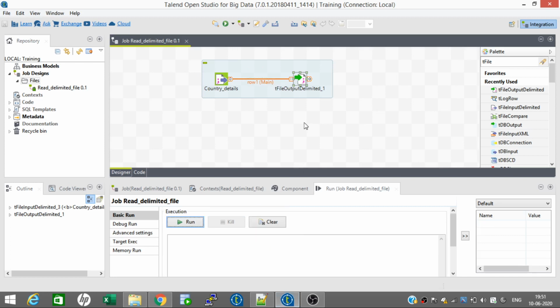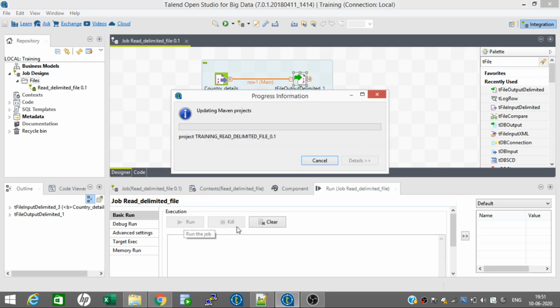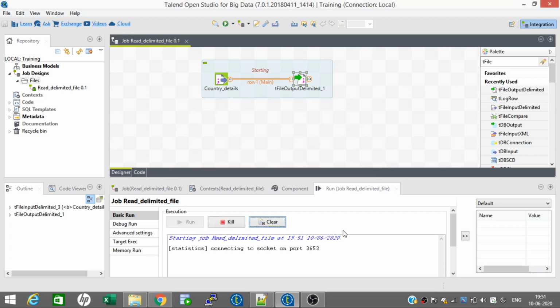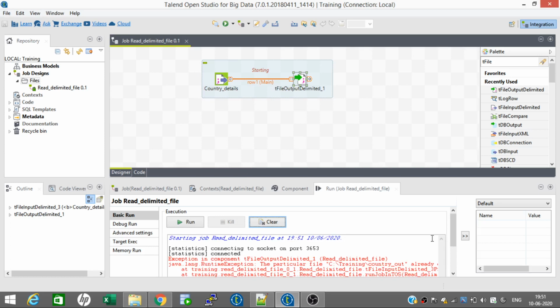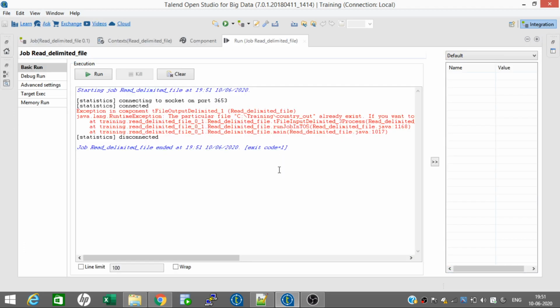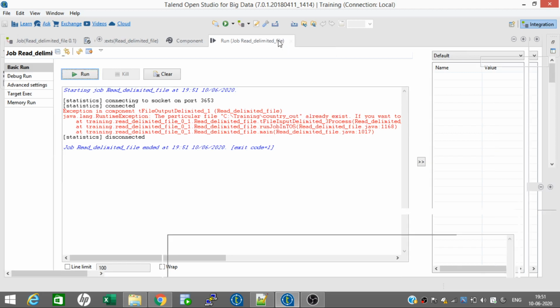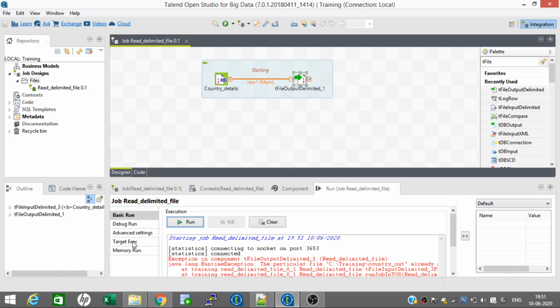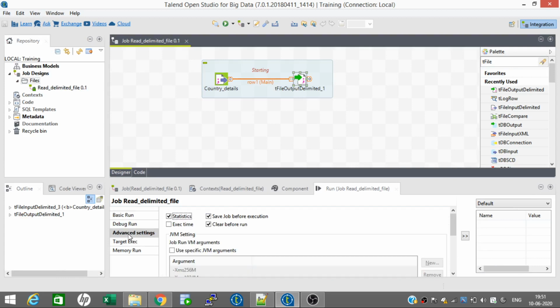Now if I run this job again, what would happen? It will throw me an error. Just let me run and see why. What does that error say? The file already exists. So whenever you run this kind of job, go to advanced settings